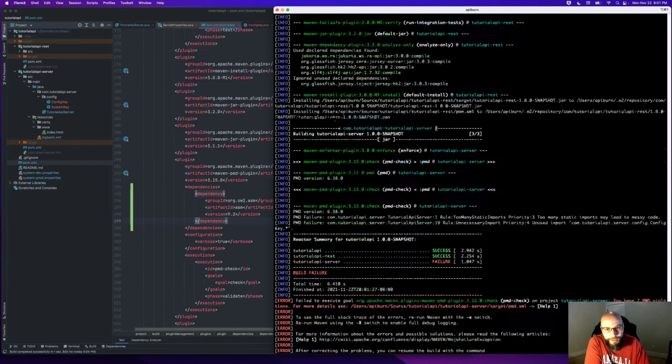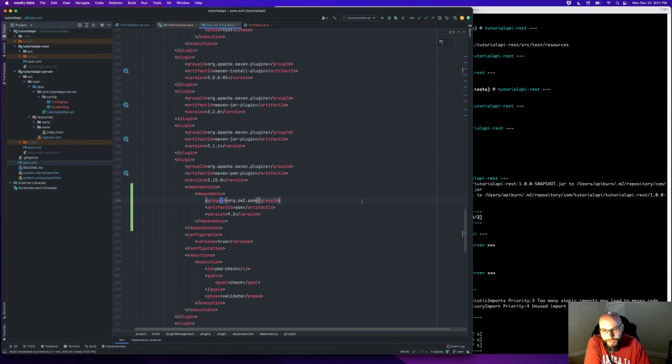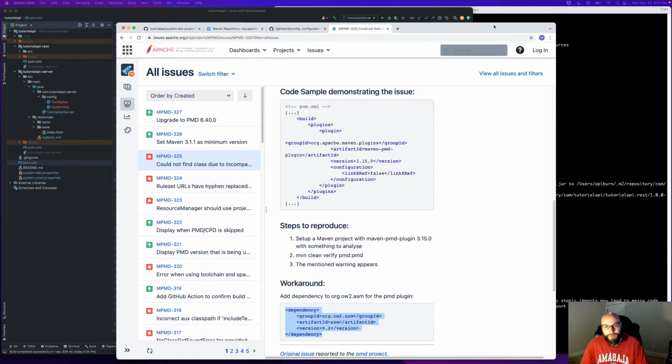All right, so it did clear up those warnings. So this dependency does fix that issue, like the workaround from this web page described. Let's go ahead and try this out as well.